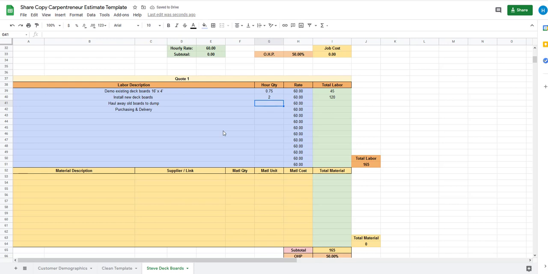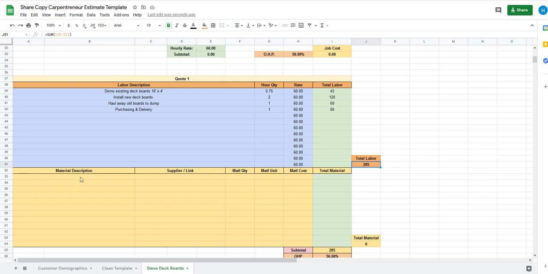We're going to haul away the old boards. The dump is near our house, so that's going to be an hour. Then we've got to go buy the stuff, load it up, and get it to his house. That's about another hour. Okay, and so as you can see, we now have the broken down labor, and we've got a labor total here,